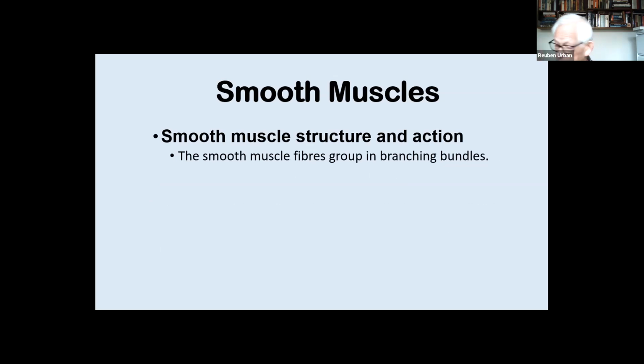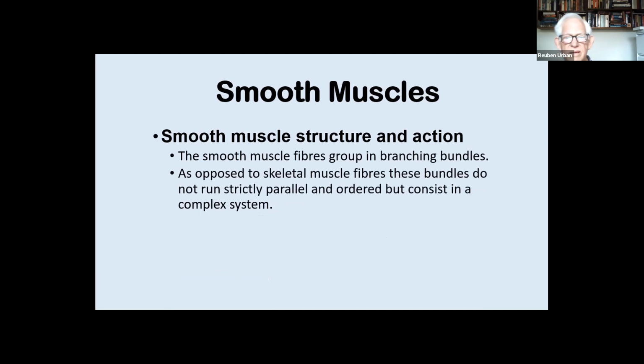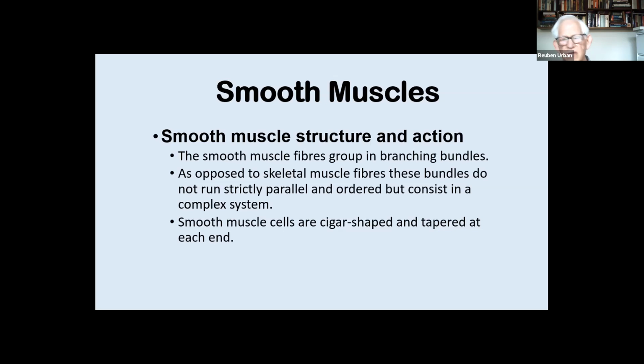If you've ever done weights and you try to do a few more than you normally do, your muscles will complain. So what do they look like? The structure, again, they're in five groups, but they're in separate sorts of bundles. They're different. They don't run parallel to each other. They become a complex, and they look different. We call them cigar shapes. They're tapered at each end.